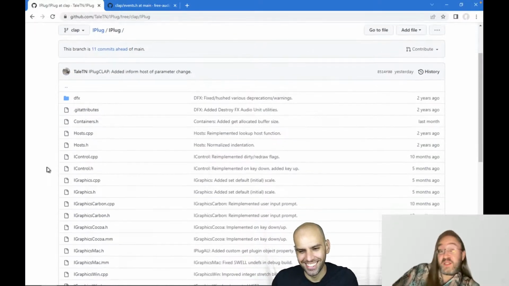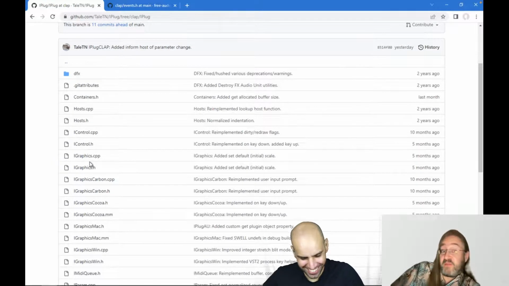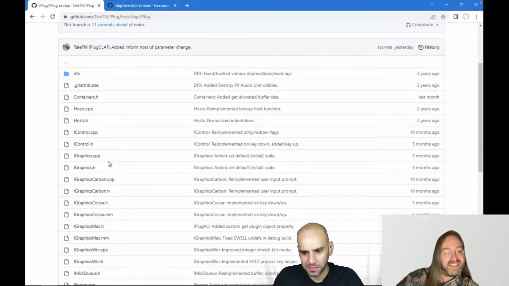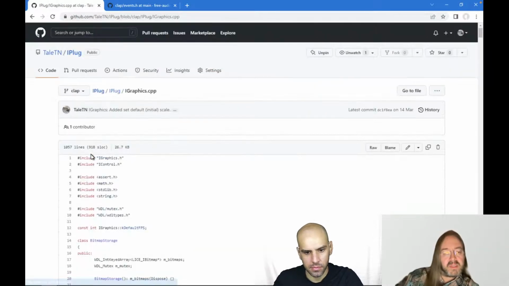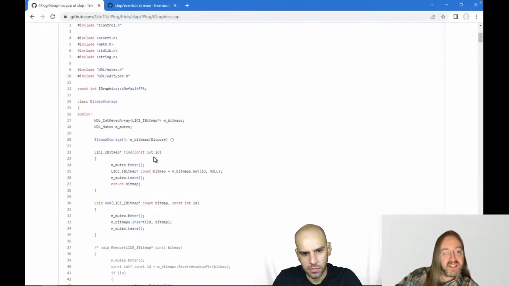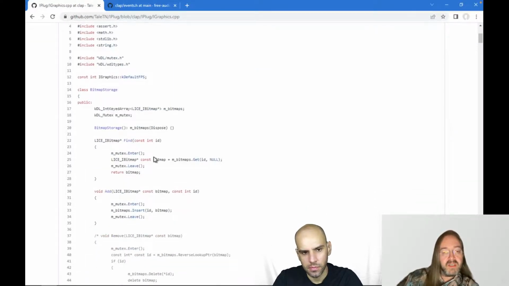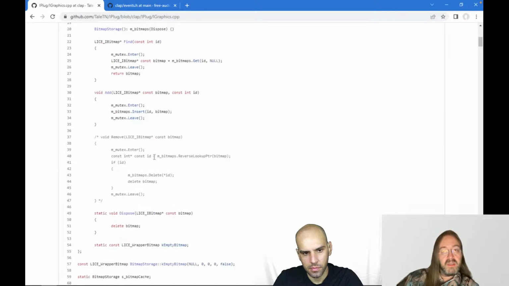Oh, yeah, that's possible. You could have looked it up if you wanted to. Actually, you're probably going to be disappointed, because there's probably not a lot here. But this is the basic graphics code for iPlug, the sort of code that doesn't depend on the OS.